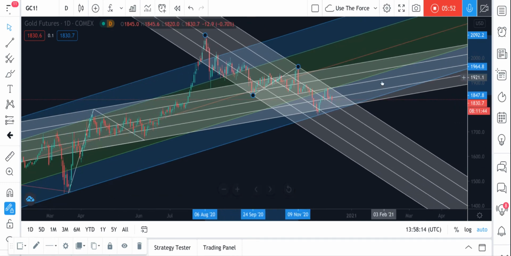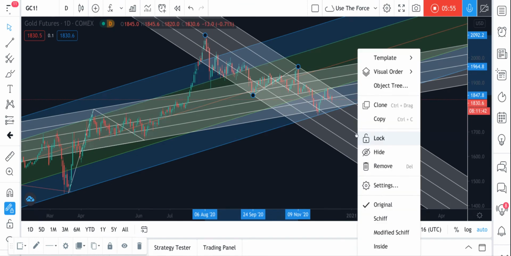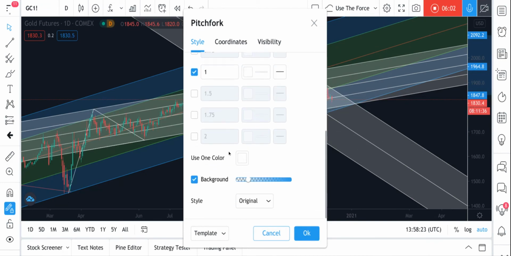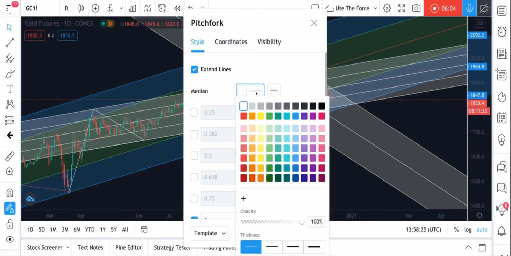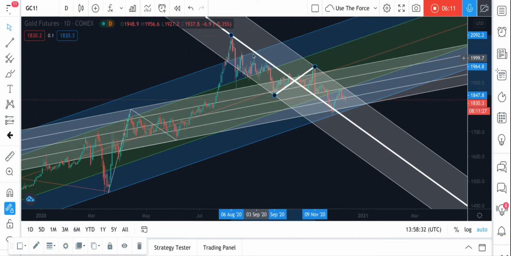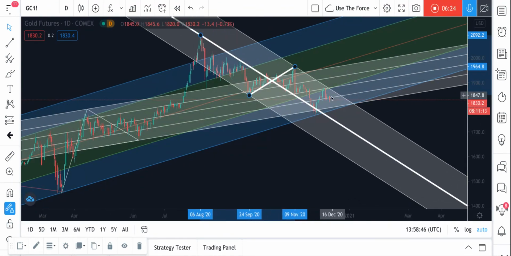But really, like I say, what I quite like with the pitchforks is to shut off all the noise. So if we take off the 0.5, just leave the 1, and then make the median line nice and fat, you'll probably see this slightly different. But really, with any pitchfork, what you're looking for is off your pivots, it should come back. There's an 80% chance, especially with the Andrews pitchfork, which is this one, price would come back to this line. It's done exactly that. So I guess it comes to here next.